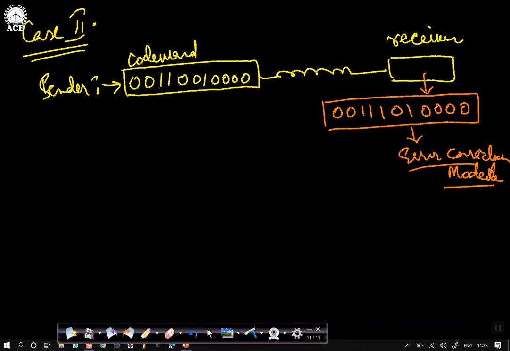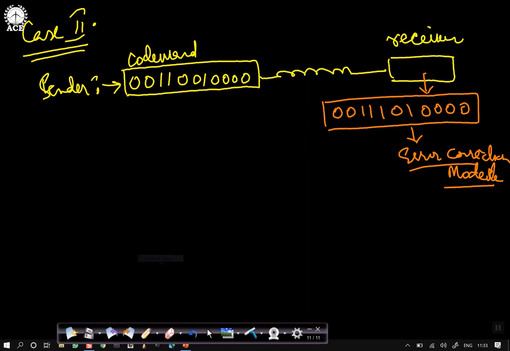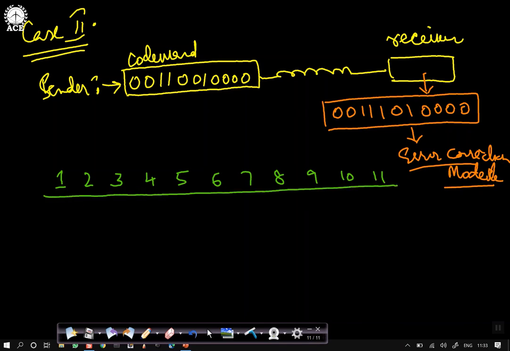Like on the earlier occasion, we will write the bit positions, 11 bits: 1 2 3 4 5 6 7 8 9 10 11. The received code is written as it is: 00111, then 0101, then four zeros.